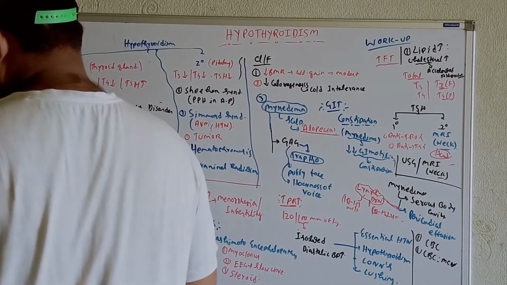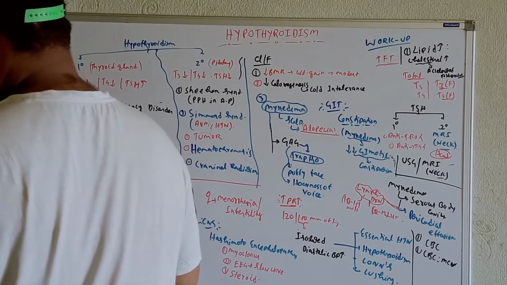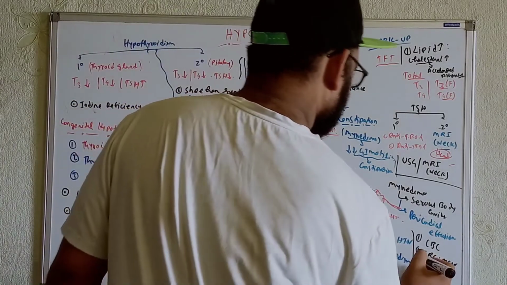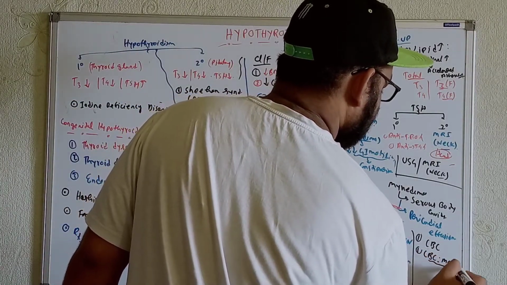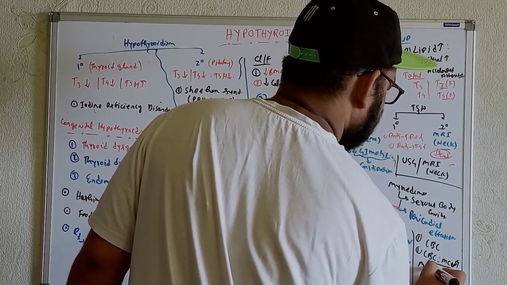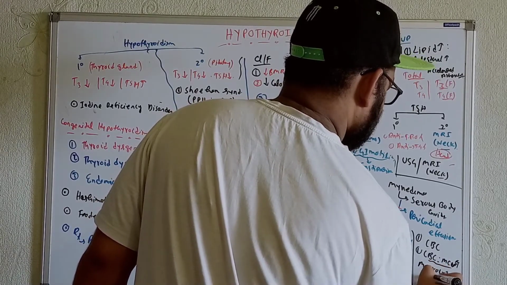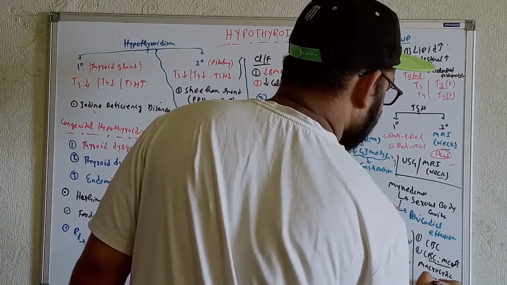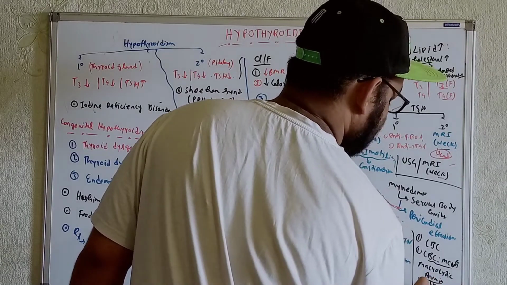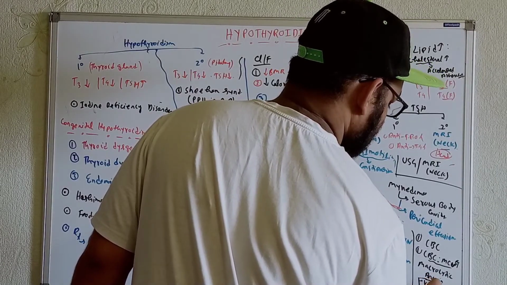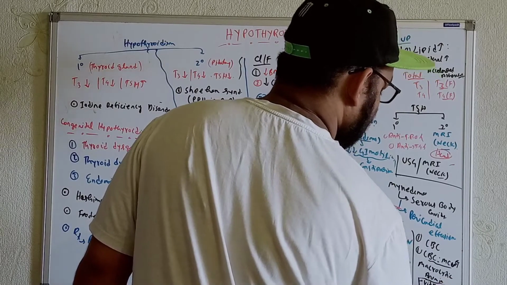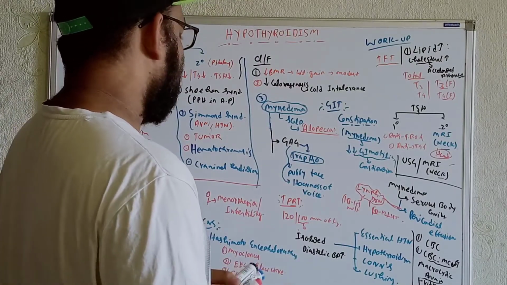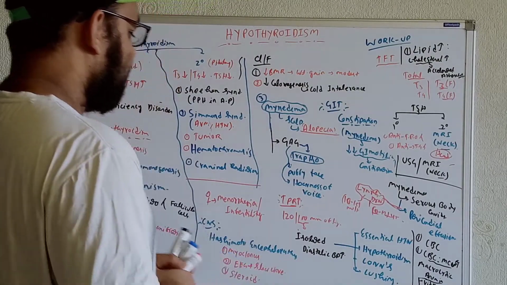And if we just do this test, if we get the ratio increased, definitely that can cause the macrocytic anemia. Now we will get the macrocytic anemia in different conditions. For example, we can get it in terms of the vitamin B12 deficiency. We can get it in terms of the folic acid deficiency, vitamin 9. Okay, and whenever this ratio is increased, we can get it also in hypothyroidism, and other things.